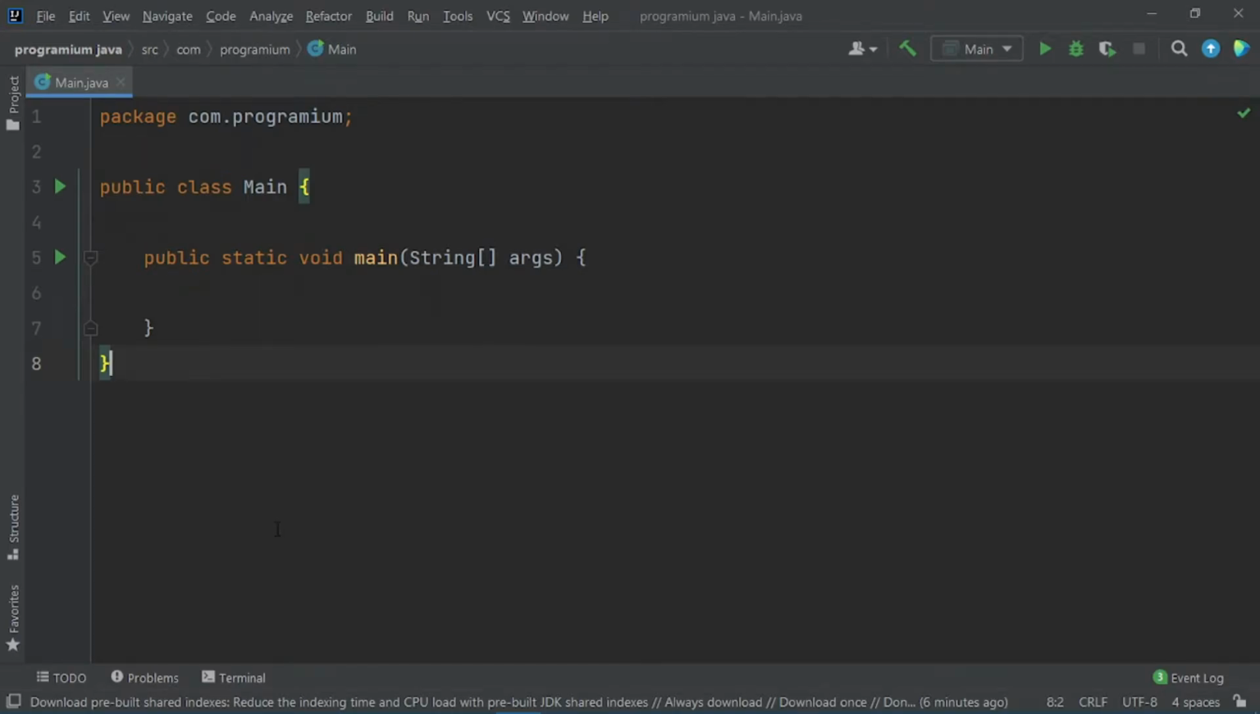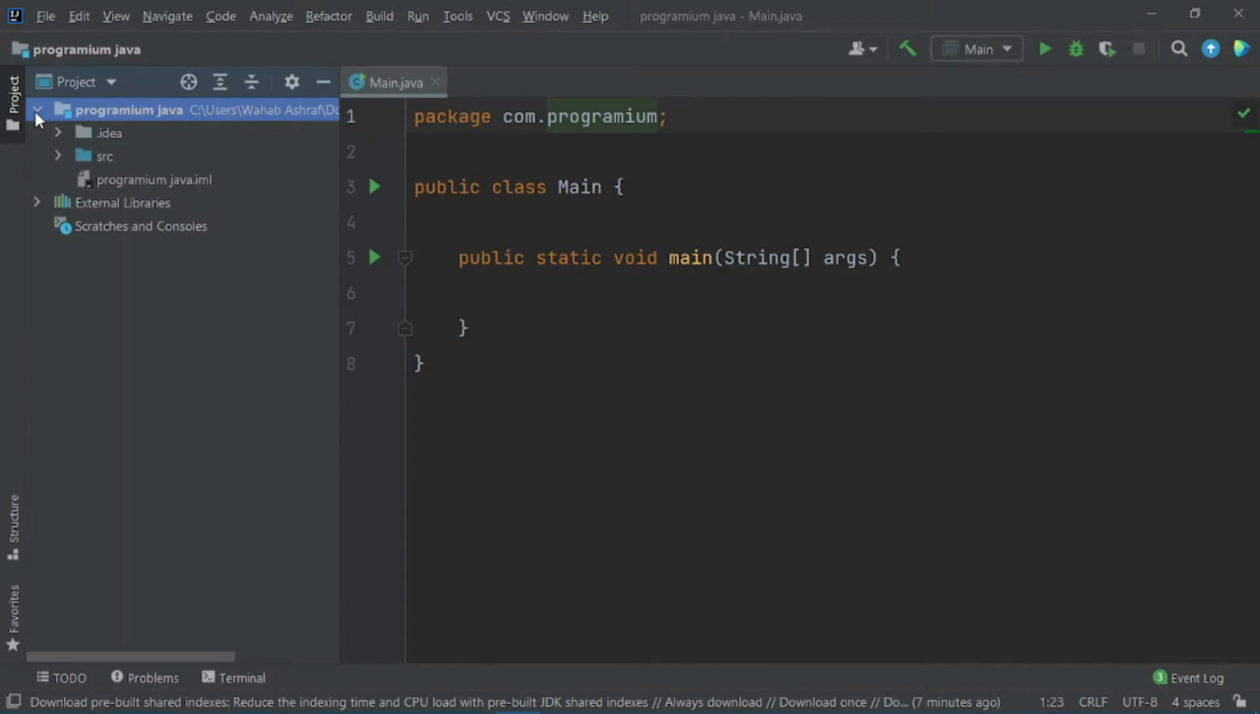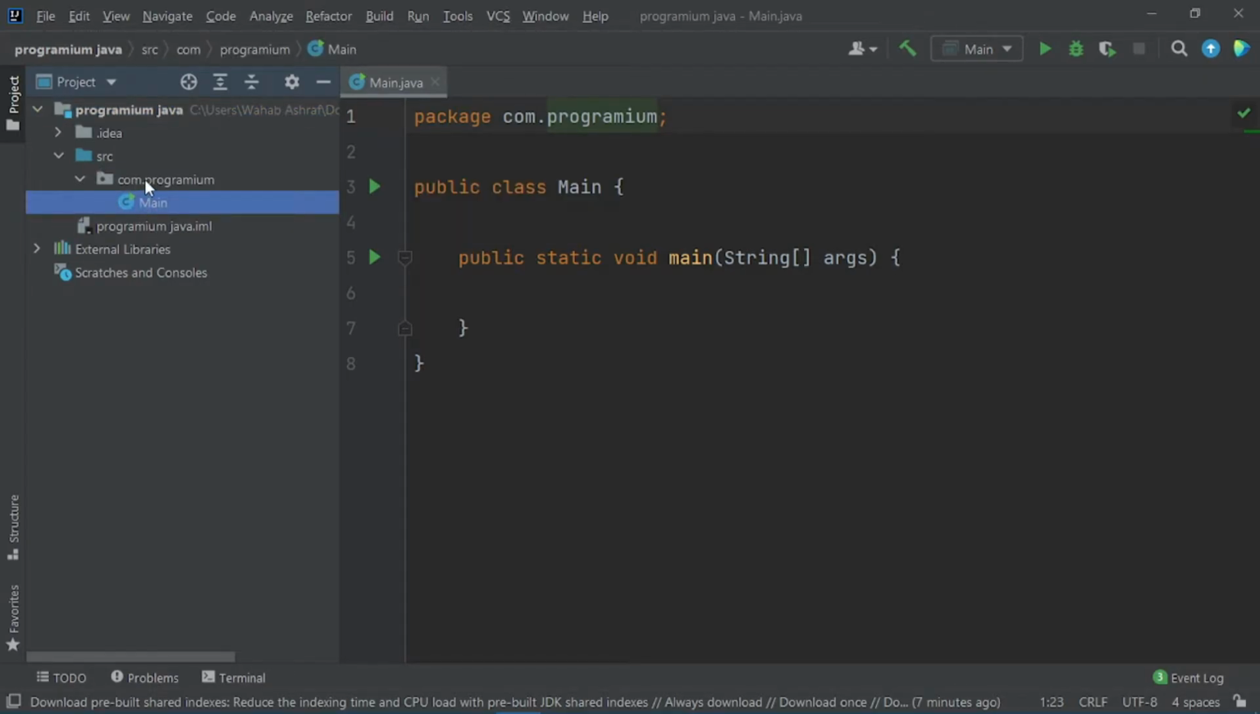Now we want to get comfortable with this window. As you can see, we have opened the main.java file, and on the very first line you can see package com.programium. Actually, in simple words, com.programium is the actual address where this main.java file is stored. I can show you here by expanding programium java and src. You can see that this main.java file is actually stored in the com.programium package. Okay, now